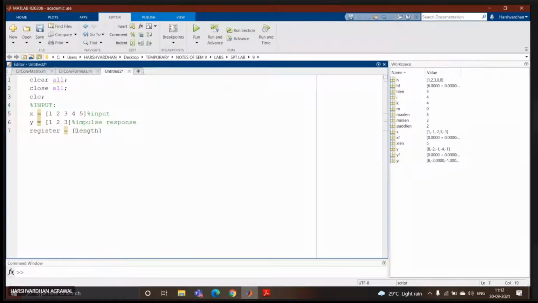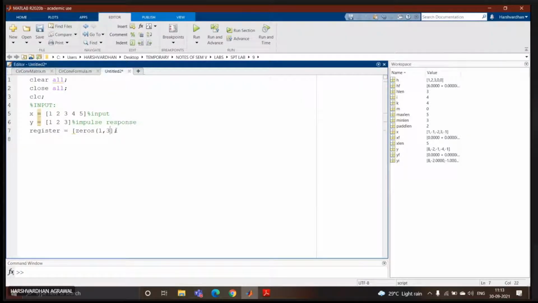So you have to first define a register of zeros, that many number of zeros. Initially you have to put the register as 0. Yes, sir. Then one value of input will be entered as the first value of the register, and the next values of the register will go on shifting one by one, one unit shifting. Okay? Yes, sir, I took the first 3 zeros as the register. So directly you write zeros(1,3). Use efficient writing of MATLAB code. No need to put square brackets.